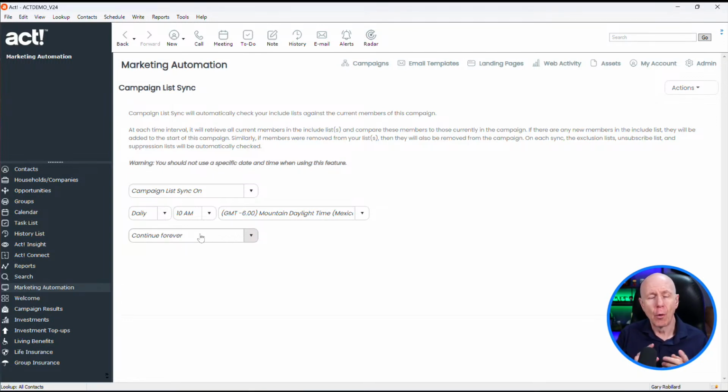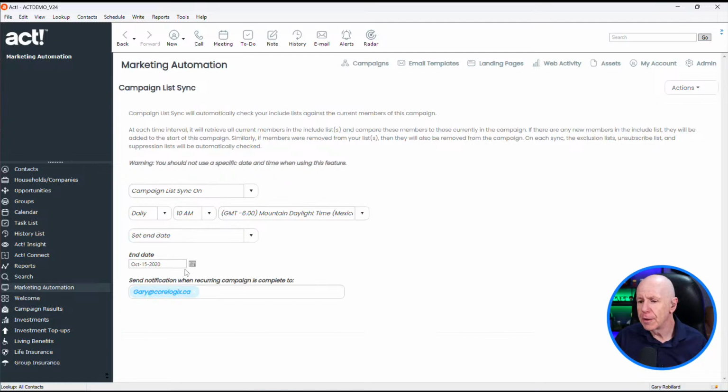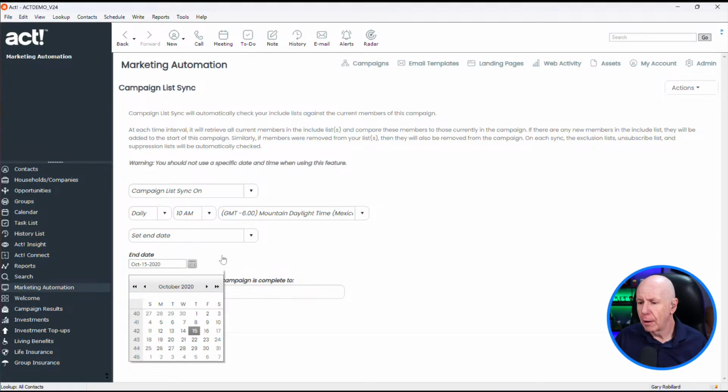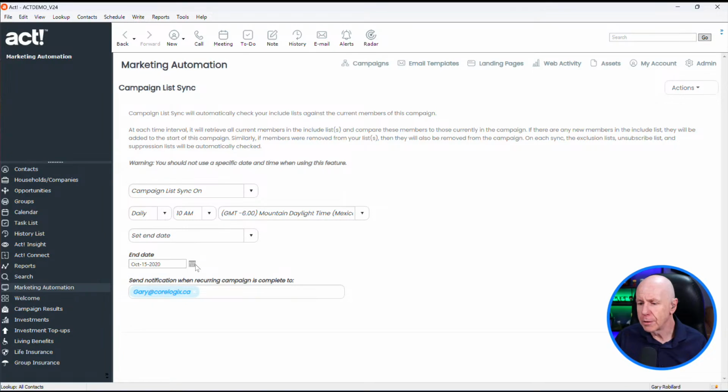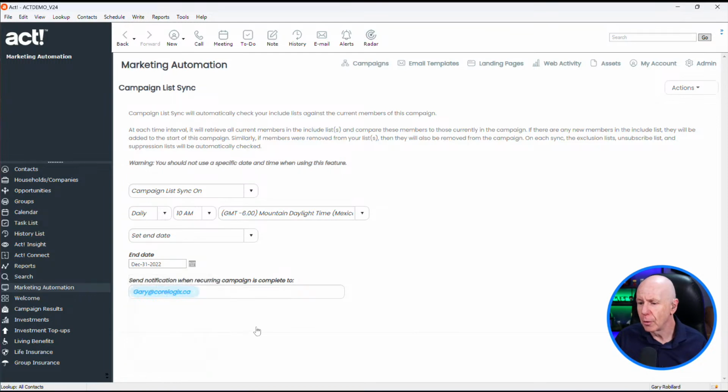So what I would do specifically for a birthday, I would create one each year at a specific time. So if I said this one is going to run from January 1st to January 31st, I would set the date and say, okay, this one is going to expire. End date would be, I don't know why it's got 2020 there. But let's go to 23. And let's just say it's December 31st, 2023. So this campaign will run till then.